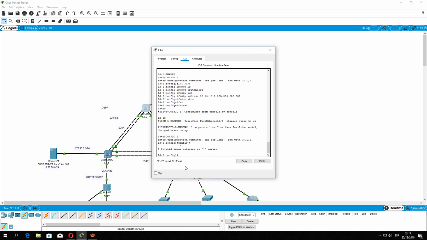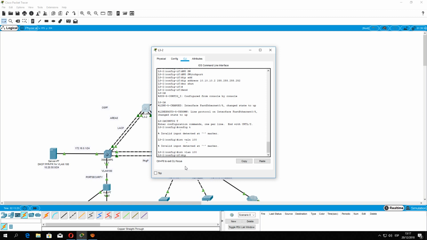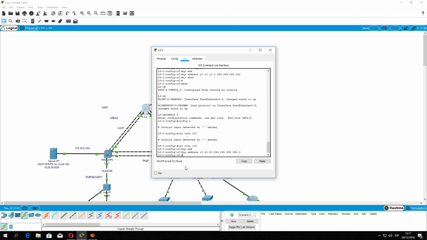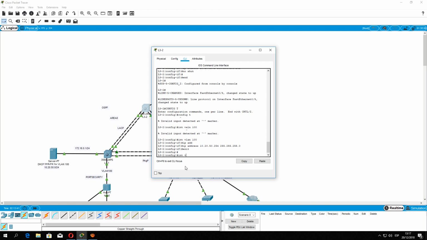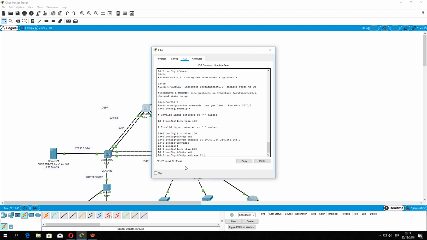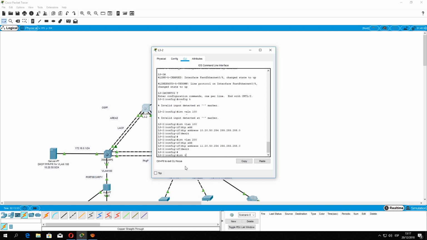Like this: interface VLAN 100, IP address 10.20.50.254, 0. Interface VLAN 200, IP address 11.20.50.254, 0. And interface VLAN 10